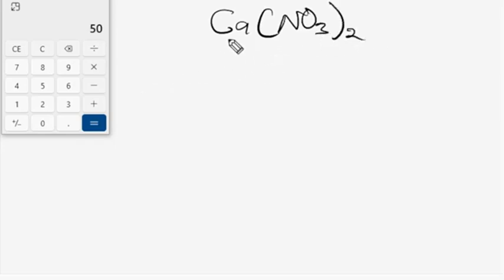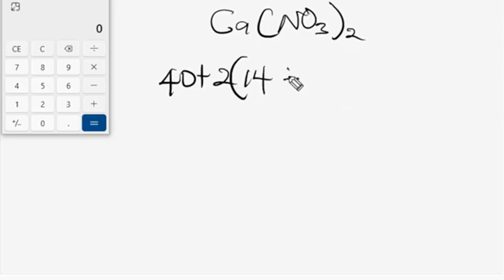When we have this, we can now go ahead and find the molecular mass of this compound, or this molecule. Here calcium is 40, then plus, remember everything here will be multiplied by 2, so that's 2 times nitrogen. Nitrogen is 14,